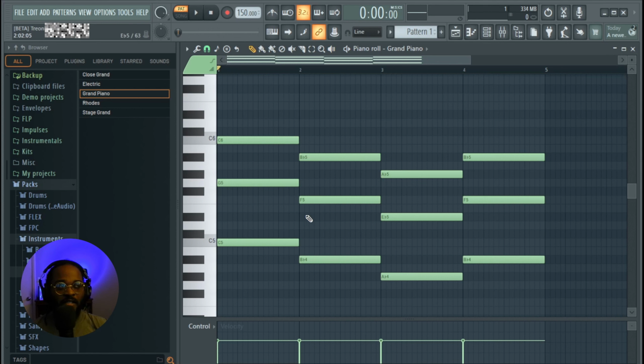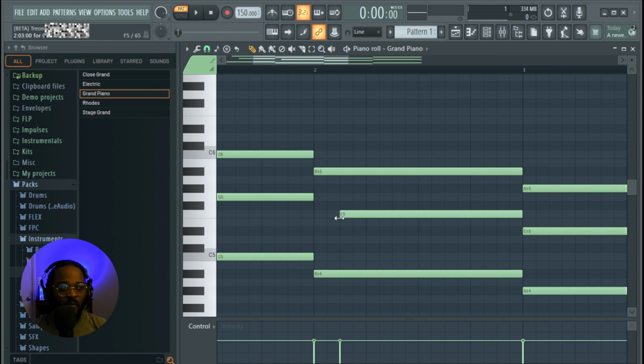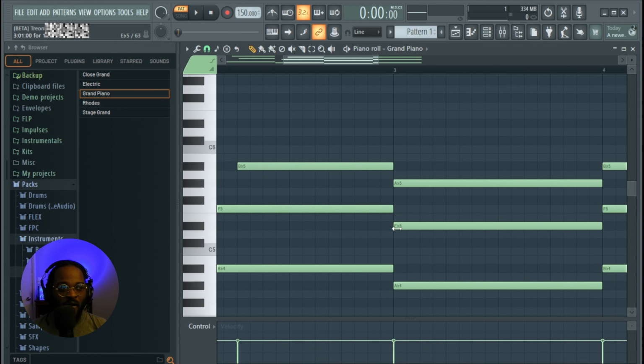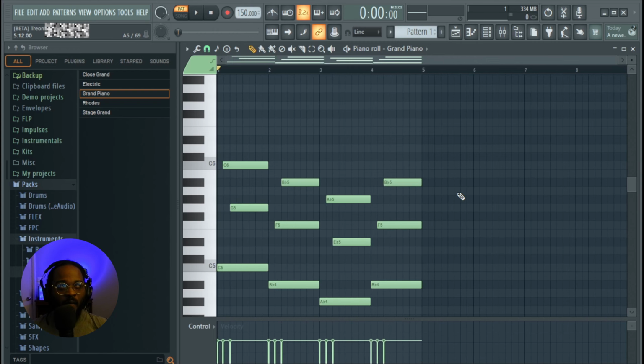Now what I want to do, just to give it some sort of a melody, is I'm going to just adjust the length or the start time of some of these notes. So I'll zoom in a little bit here, and for this one I'm just going to bring it all the way back to here, bring this one back to about here, and let's kind of do it opposite here. We'll go like this, then we'll go like this. And then we'll repeat what we did in the first one by going here and by going here. And then we'll do like we did in the second one by going here and by going here. And now what we get is